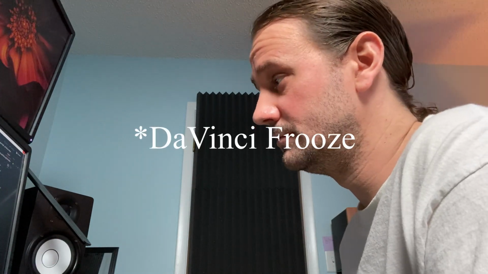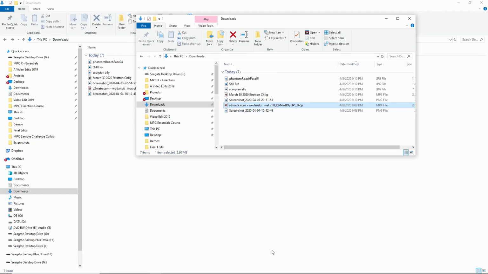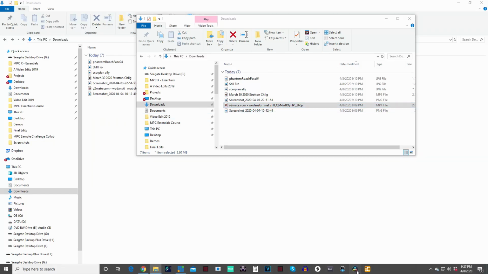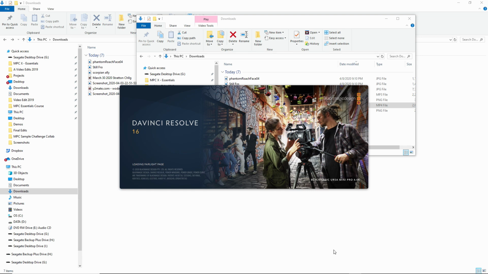Yeah, my computer froze. Alright, so what I'm learning is my computer doesn't like these 3D elements in here, because I was having the hardest time rendering this project last time. I spent a few hours just trying to render it. I might be a little bit less friendly with these 3D graphics in here.